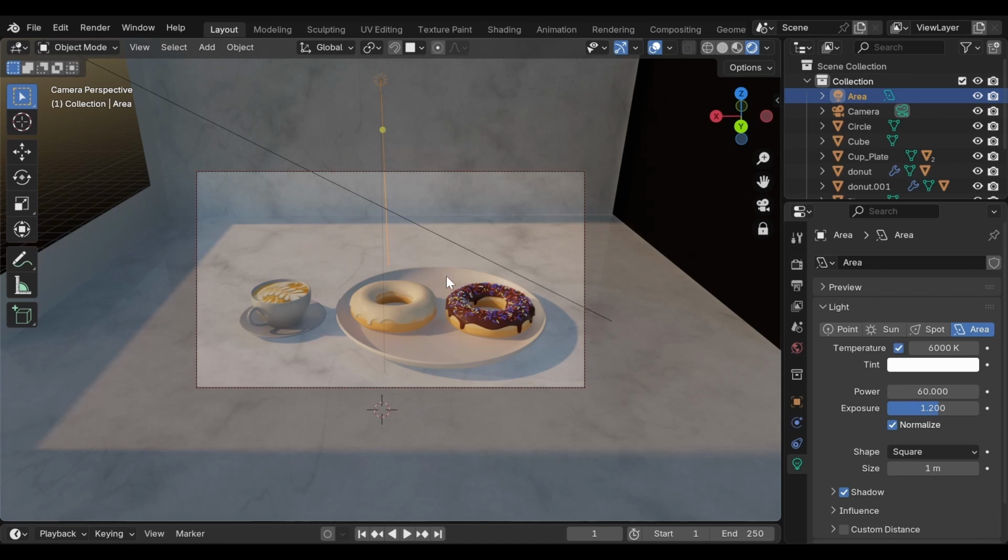Welcome back. Let's bring our scene to life. Now it's time to move into animation. More specifically, we'll start working with keyframe animation, the core principle behind how animation works inside Blender. Keyframes are simply a way to tell Blender, at this exact moment in time, this object should be here. Then later, at another moment, it should move there. From those few instructions, Blender automatically calculates everything that happens in between. So instead of animating every single frame by hand, we only define the important moments, and Blender handles the motion